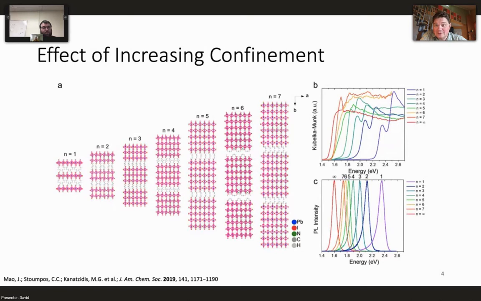Tunability can help both photovoltaics and diode properties. For light emitting diode, you can tune the color that you're emitting. Where for photovoltaics, you could make a cell that consists of several different sizes, so it would absorb a wider spectrum of sunlight or light in general. And you could specifically choose